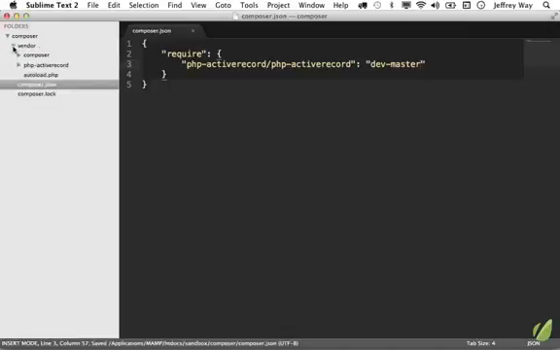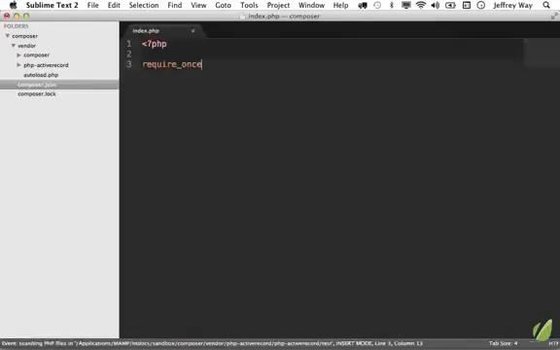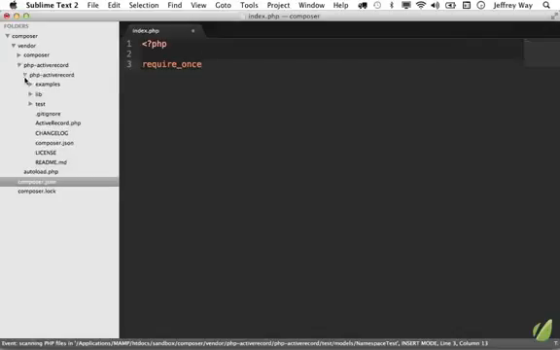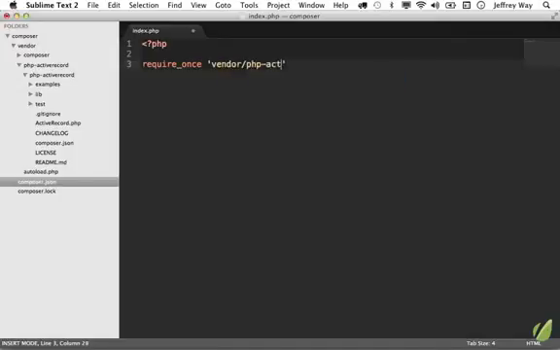So the first thing, of course, is to include the library. So I'm going to create a new file, and we're just going to store this in index.php for the time being. I'll begin by requiring the activerecord.php file, and we can see it's within PHP Active Record. Looks like the directory is duplicated, but that's okay. And what file we want is activerecord.php. So let's go ahead and grab that. Vendor, PHP Active Record. One more time,